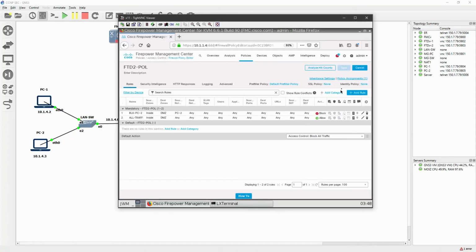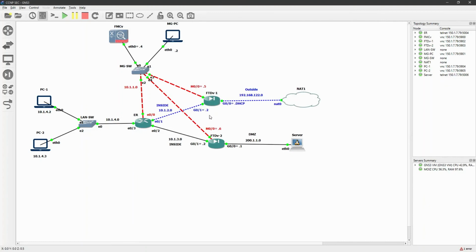Now let's identify the issues we will face when we go to the internet. If you remember, the DNS server should be enabled on these interfaces in order to go to the internet. And another thing is that I need to configure NAT in order to communicate with the internet. So in the next video we are going to do this.